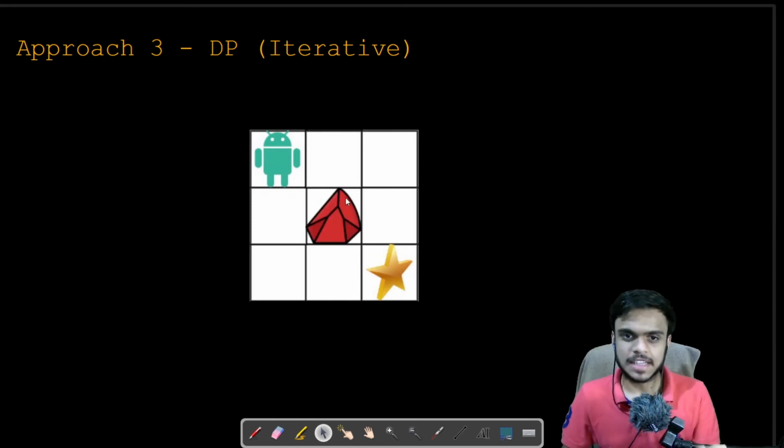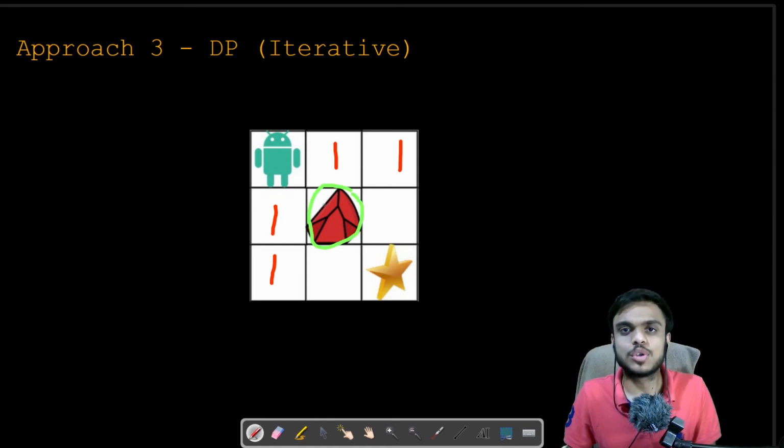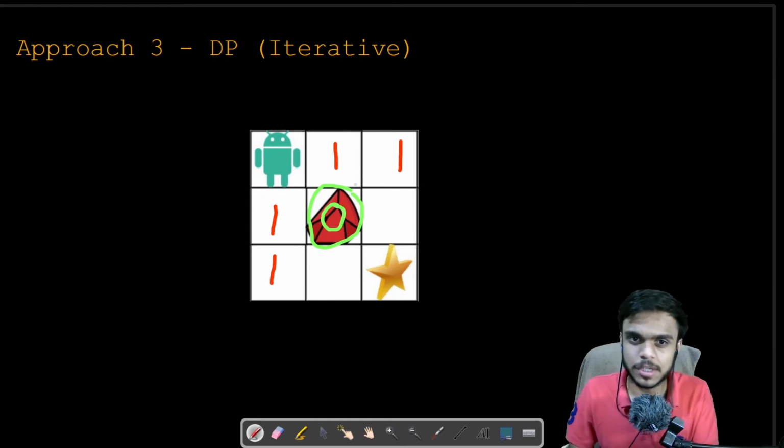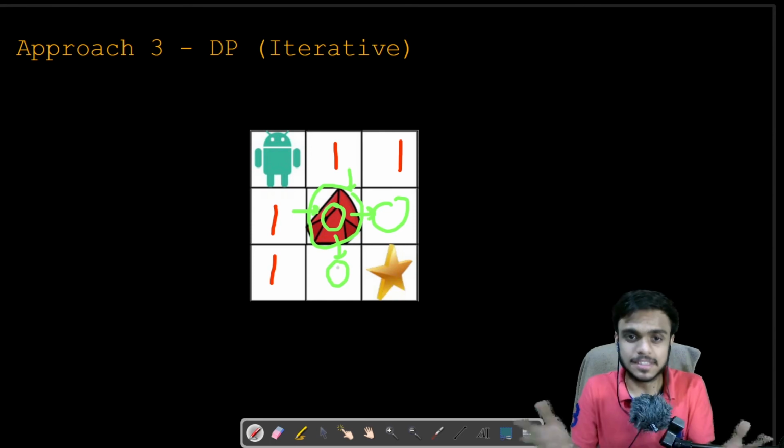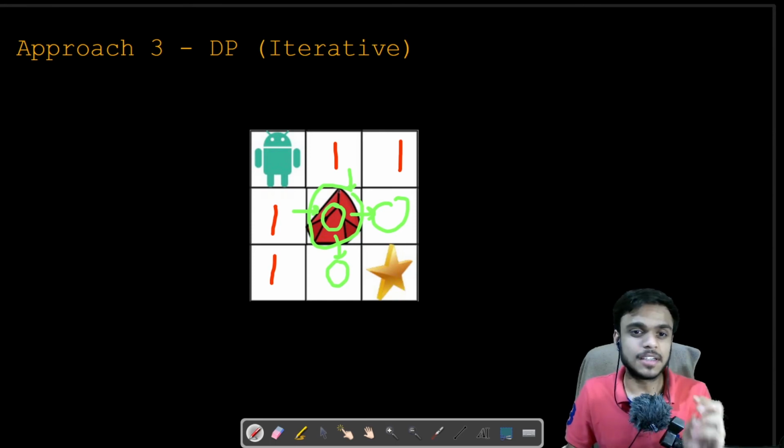If the case is something like this, that is, we have an obstacle here. So what we basically have to do is, we already saw that the first row and first column will have value 1. Okay, but now here we have an obstacle, right? So for this particular cell, we do not have to take anything into account, we just have to put 0 here. Because we cannot come from the top here or come from the left here, so for this particular cell we do not have to take into account the left part of this cell, and the top part for the bottom cell that we have. Okay, so this would be handled if we put 0 for every obstacle in that particular dp table. And that's it, that's the solution.